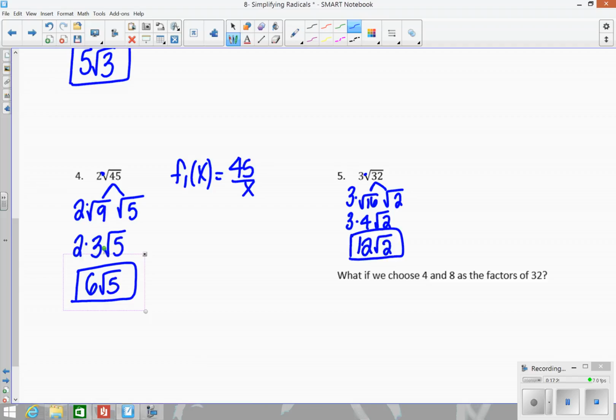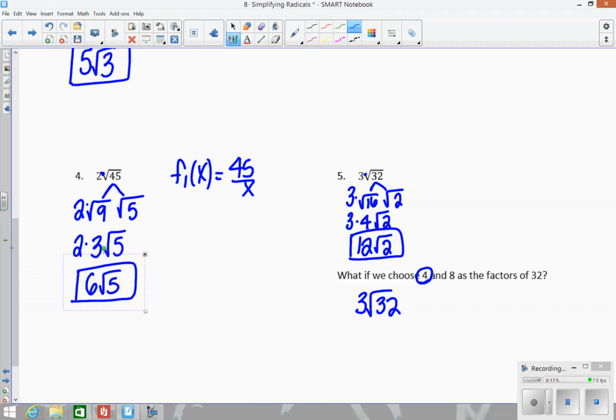But now it's saying, well, what happens if we use 4 and 8? So what if I didn't use the largest perfect square to figure out my two numbers here? What if I used a smaller perfect square? So for example, 4 is a perfect square, but it's not the largest perfect square that goes into 32. So what happens then? Is it wrong? So let's take a look. So if I start with the same problem here,